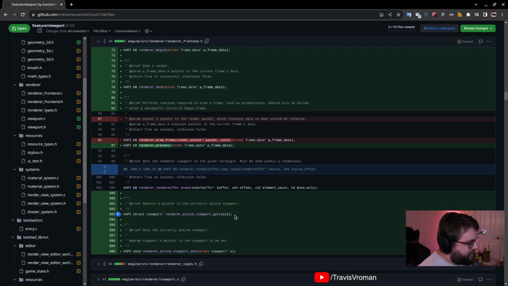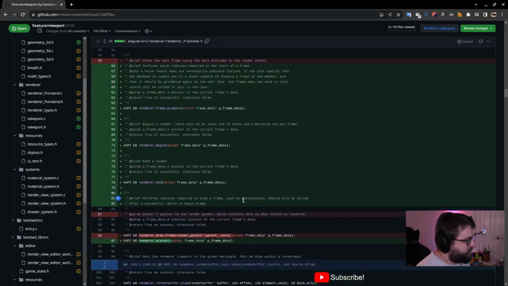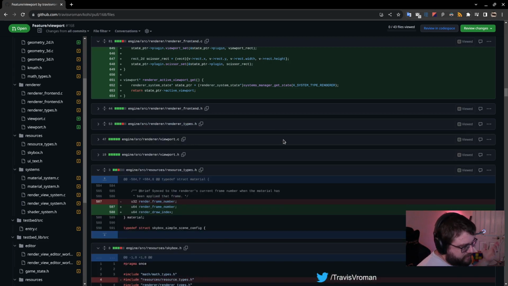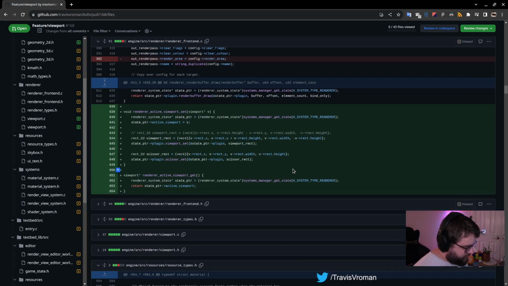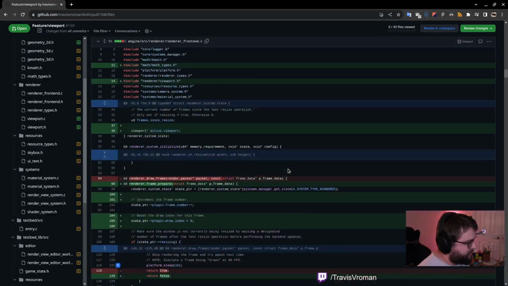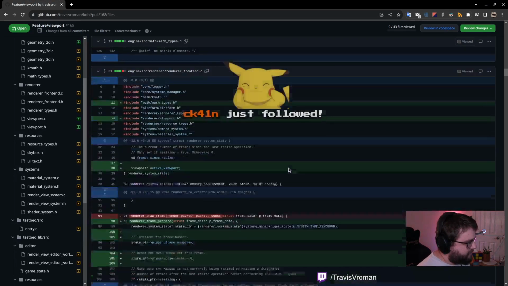We also have the concept of an active viewport in the renderer, so that we can get a pointer to that if we actually need it. We can set and get that anytime we need. So that is basically the interface changes. Like I said, it's not a lot. It's mostly just moving code around. So if we take a look at the front end C file,